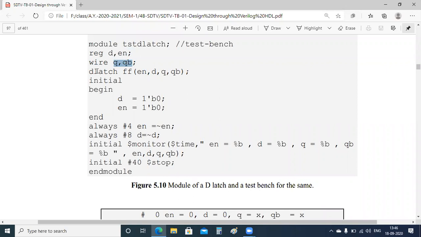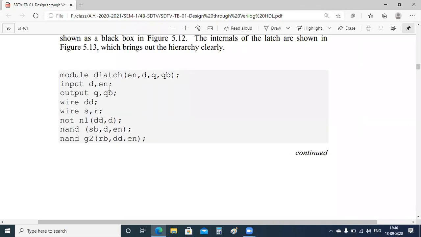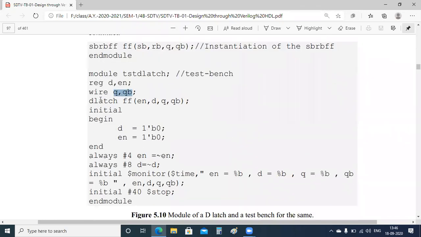Now we are calling the D latch, for this module we are writing. At this point we are calling the D latch with the temporary name FF, and the same arguments we wrote there we are writing here, and we are initializing it.